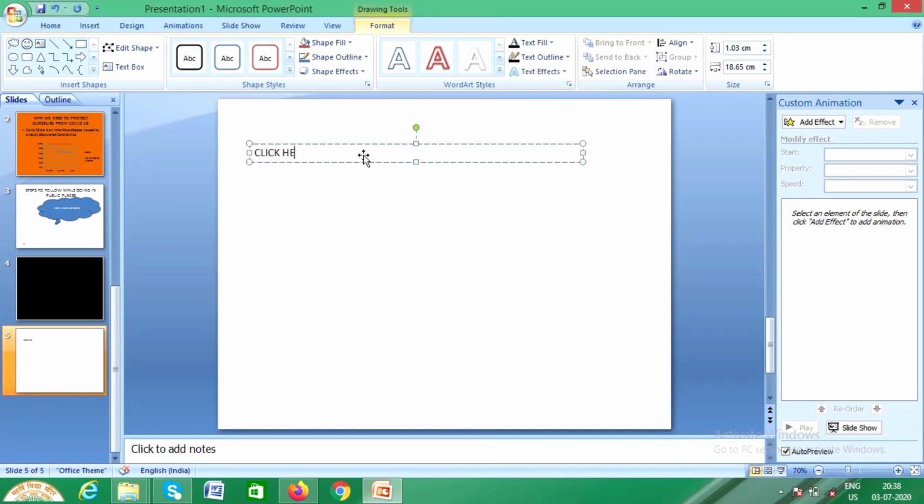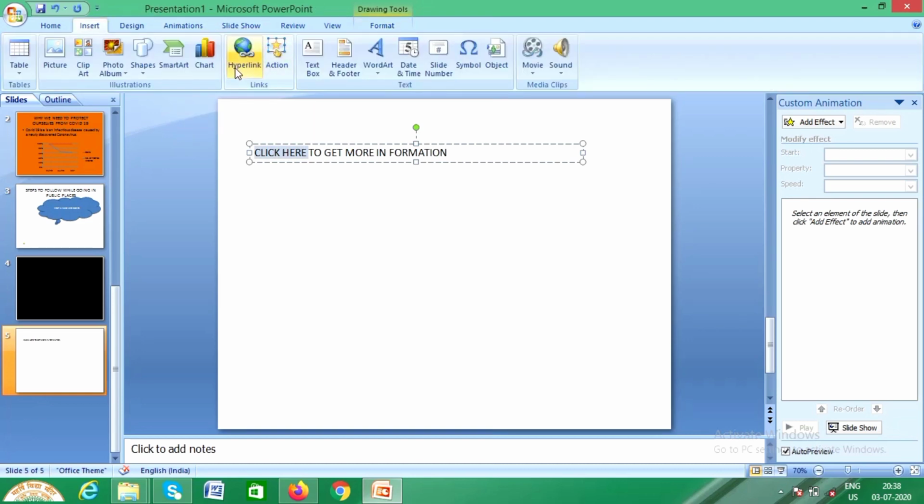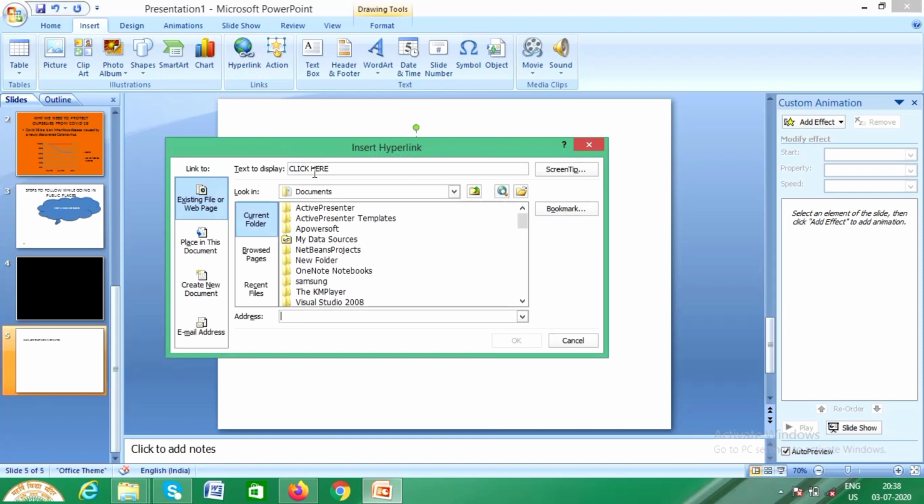So I'll be writing here, click here to get more information, and I'll not make the whole piece of text a link. I'll just make click here a link. Select the part and then click on hyperlink, which is under the insert tab.